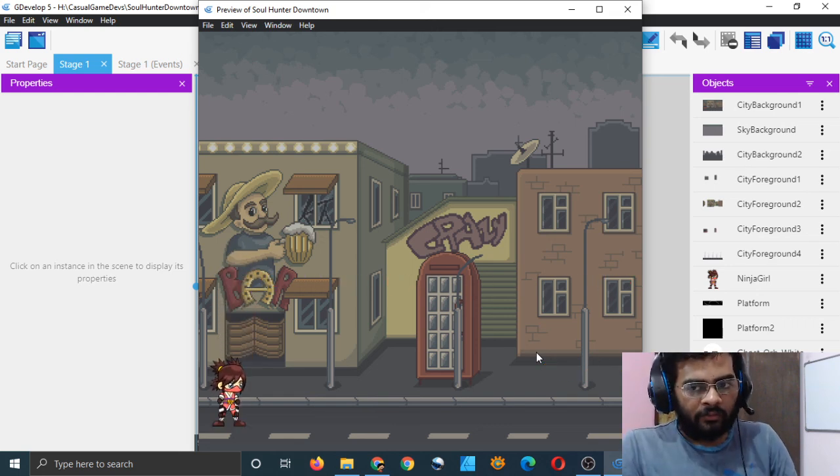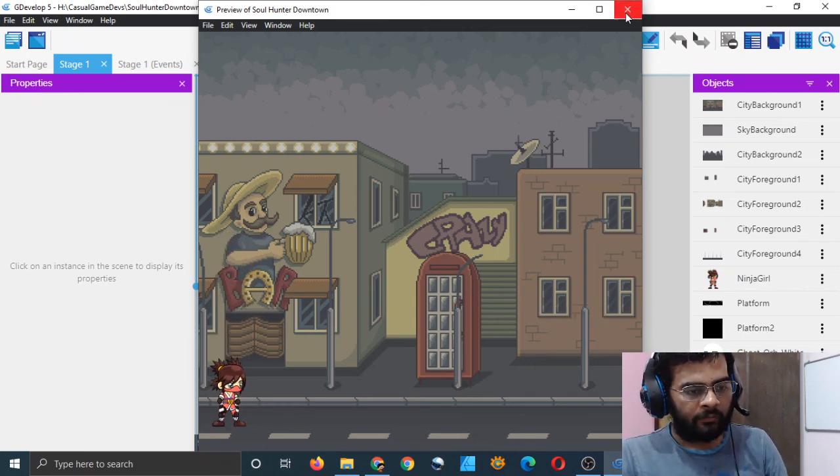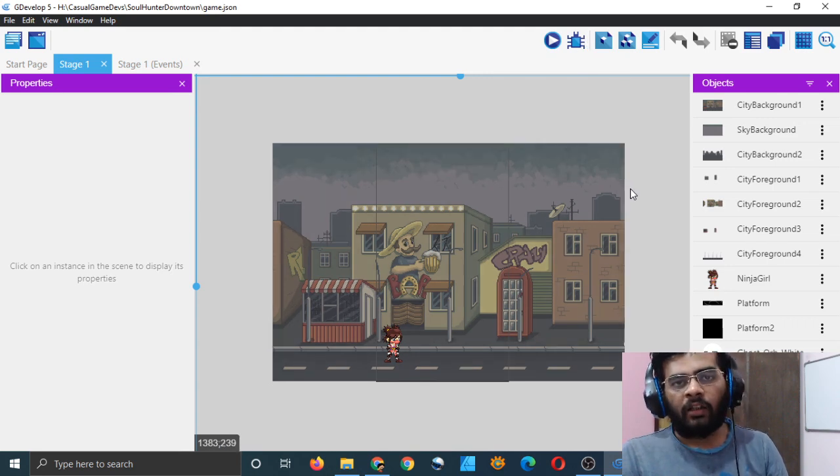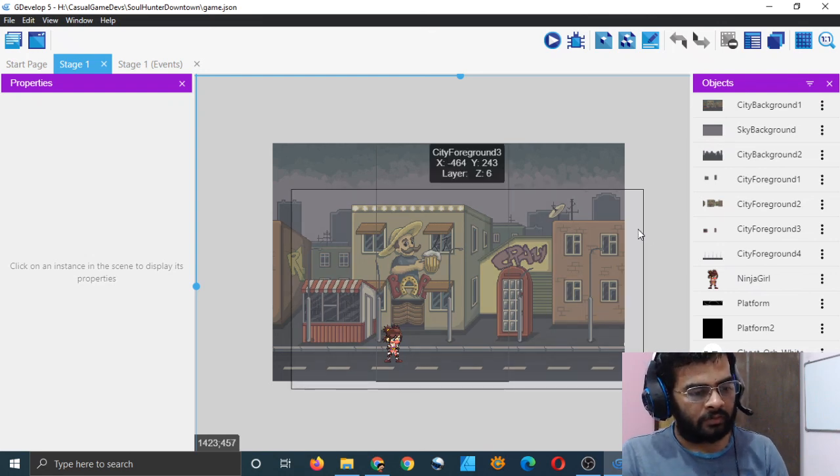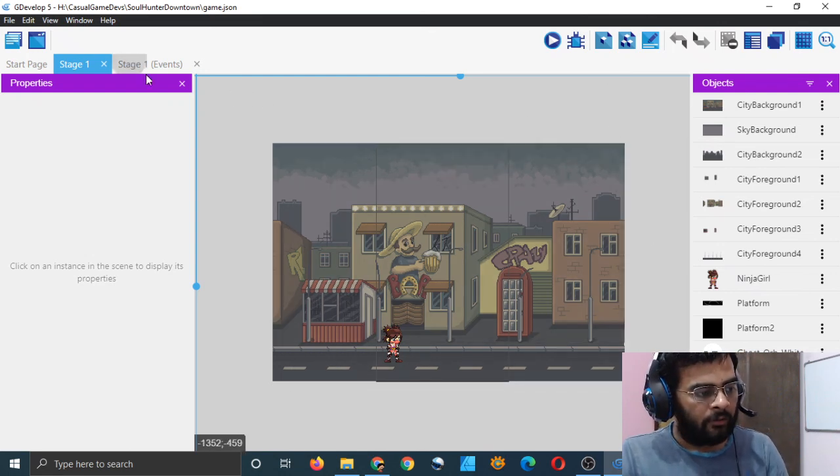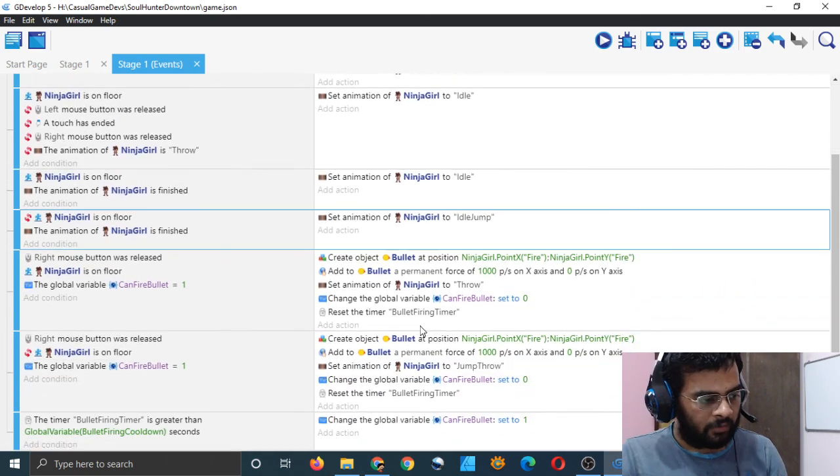The computer is lagging, but you can see that it's playing the animation every time I am firing a bullet. So it's good. We have fixed all the issues with the animation. Now our Ninja Girl is being animated properly, and it's fun to play.